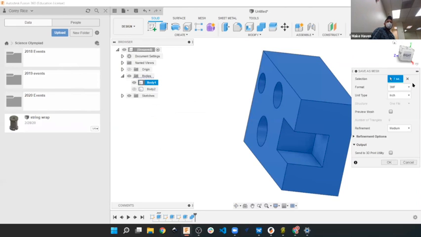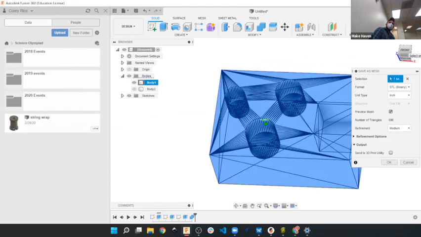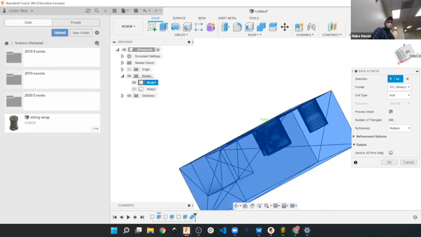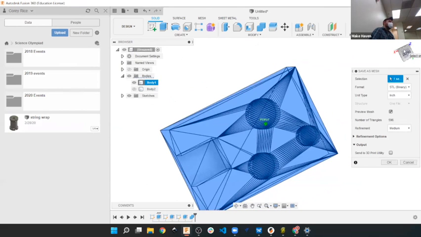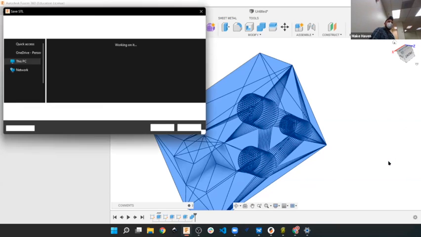The words for this change a little bit, but I want my format to be an STL in inch type. I can even preview the mesh to see what it's going to do. If we look at this, there's my geometry stored in a strange output. You can see it's all triangles, and we'll talk about that. But basically, this is like the PDF of 3D shapes. There's a couple of different options, like STL, which you'll notice wasn't the default. There's 3MF and then OBJ. But this is the standard exchange format between